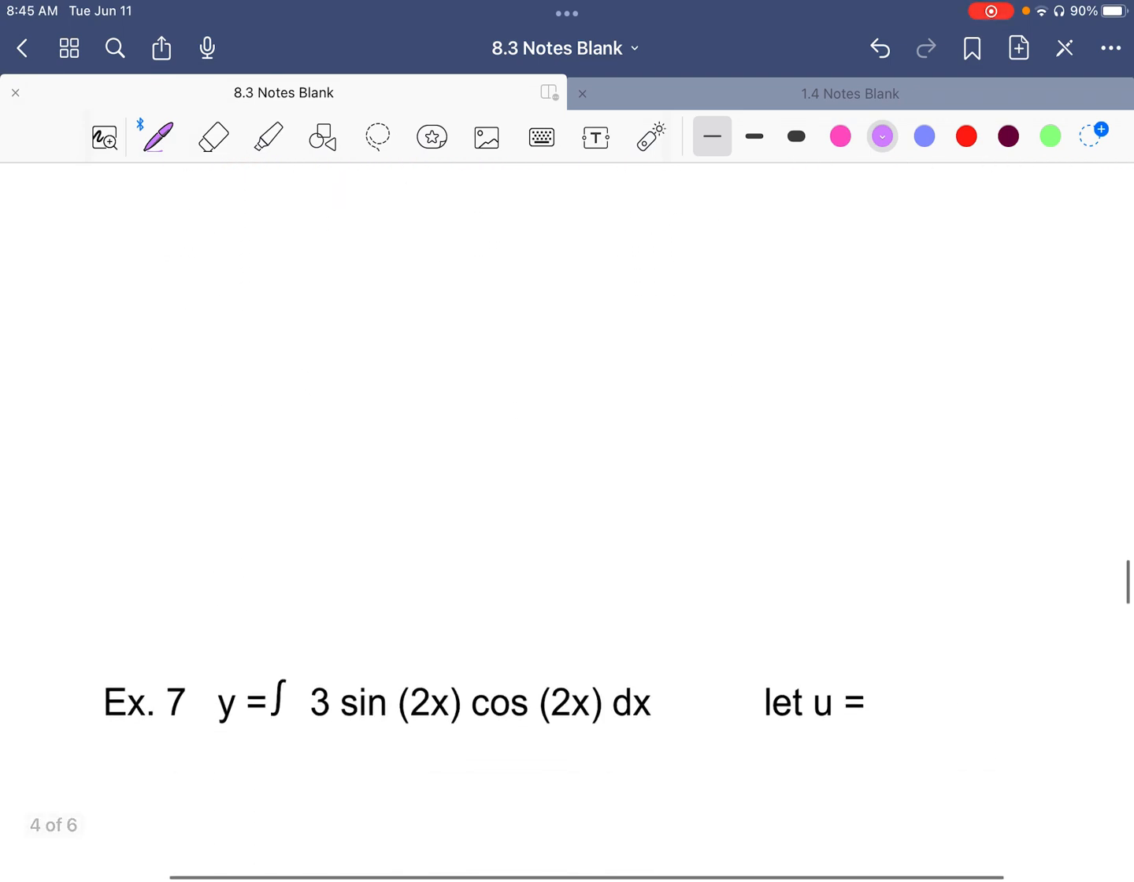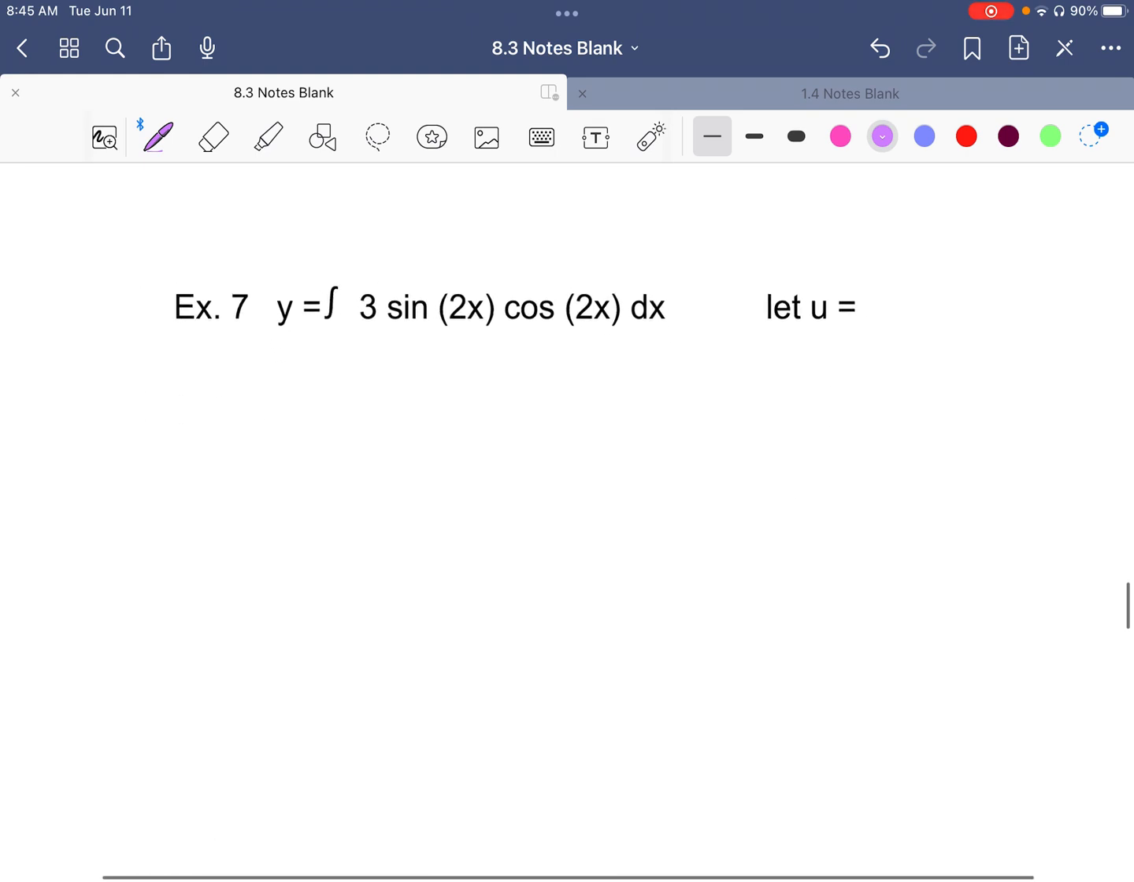We'll skip that one and we will do this one. I think this will be, we might do one more example. Okay, so